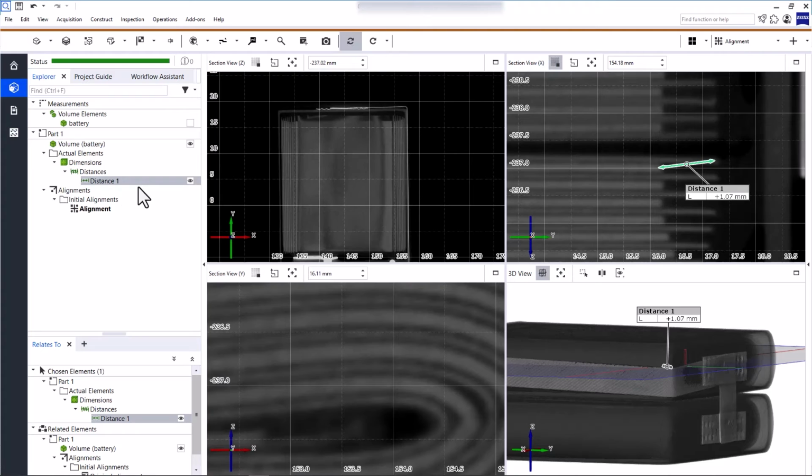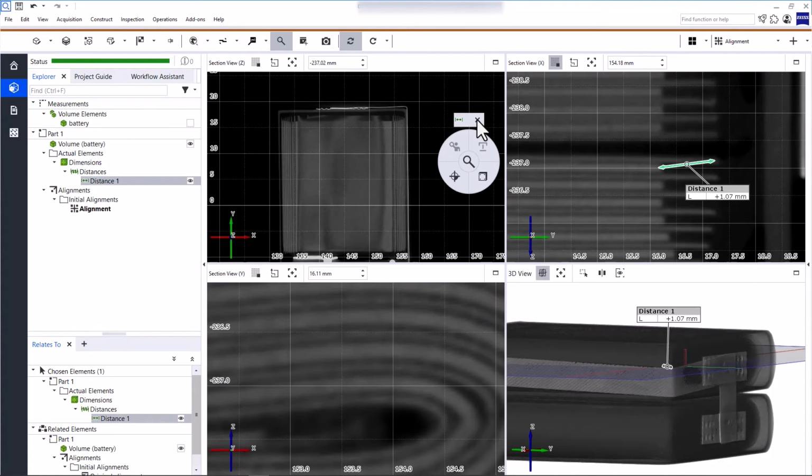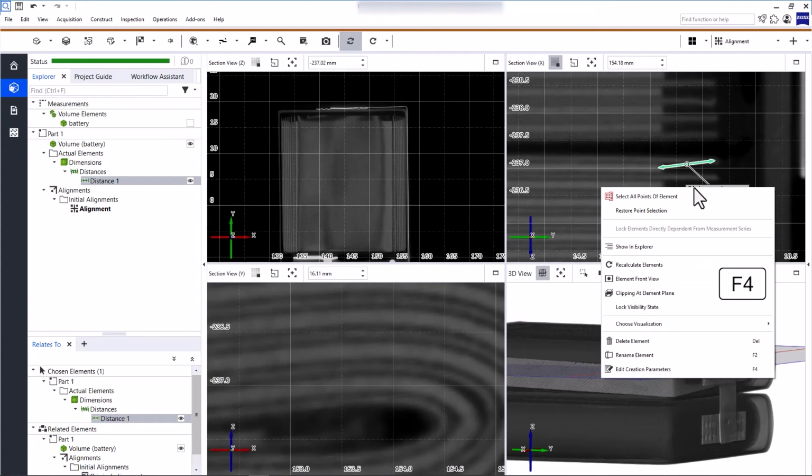If you want to add tolerances or restrict the check to a certain direction, you need to apply a check to the element. To do that, open iInspect either in the main toolbar or with Ctrl and the right mouse button. Then open Check and select the one you want to use. If you ever need to change an element, simply select it and press F4, or click the right mouse button and select Edit Creation Parameters.